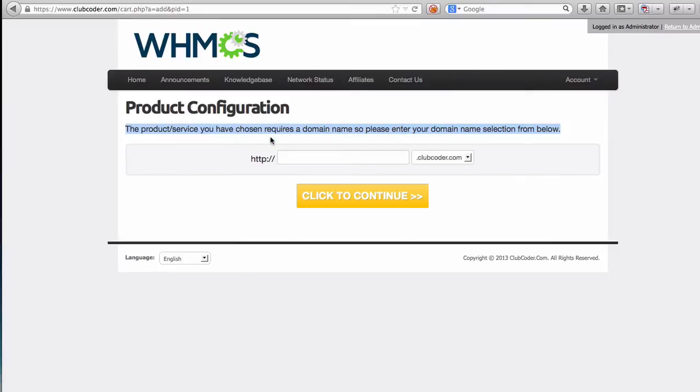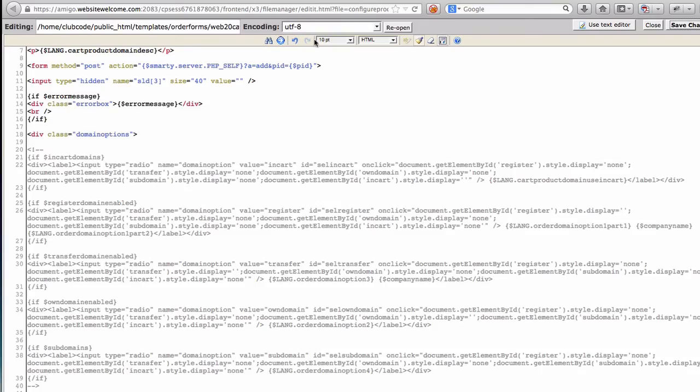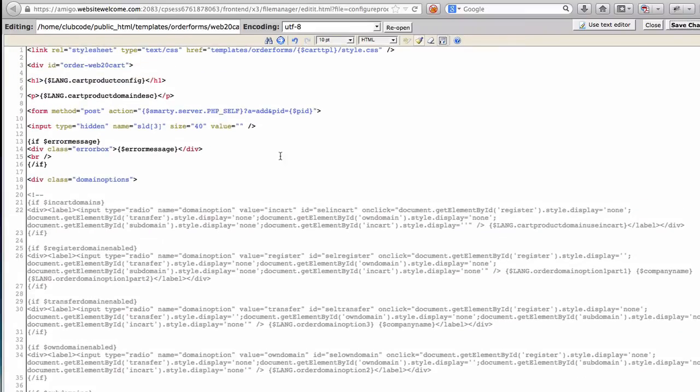I'm going to copy that and change it to our own wording. If I go back here, you can see this is the configuration for the cart product domain description, right? So the language file for this one, we can actually copy this part,